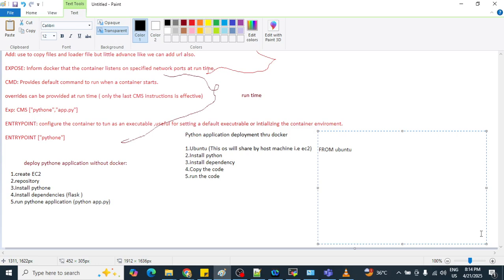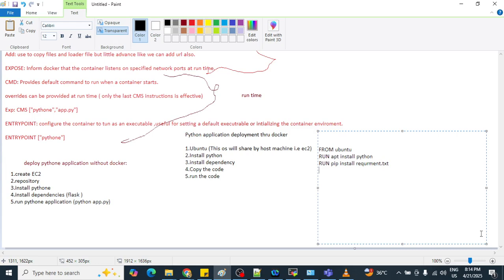After that you need to install Python, so you write the RUN statement, RUN apt install python. Third, you need to install dependencies, so again put it in a RUN statement: RUN pip install requirements.txt, where we have our flags.